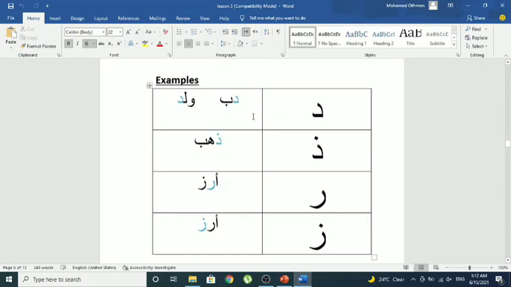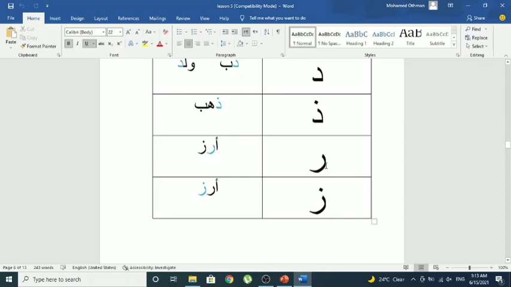For dal, the example is dub, in the beginning of the word dub, and in the end of the word walad. Dub, walad. Like D in English. The next letter is val, and the example is ذهب, ذهب. Okay, the next is Ra